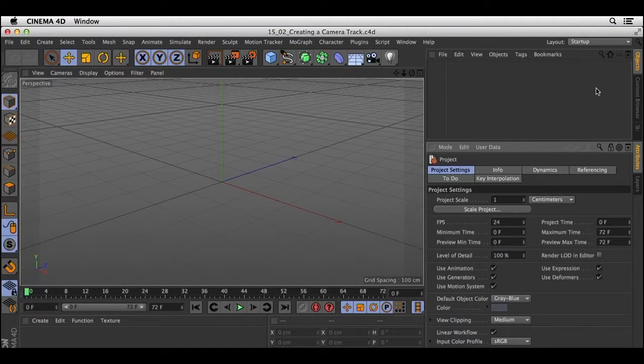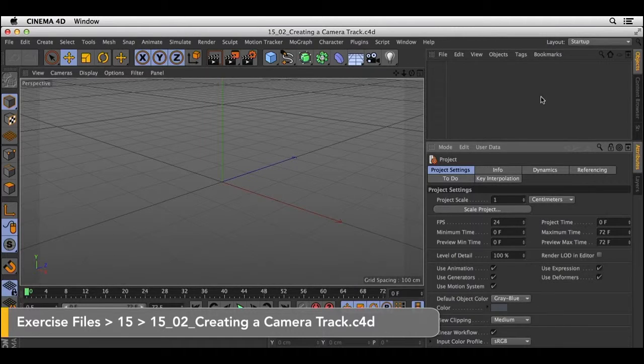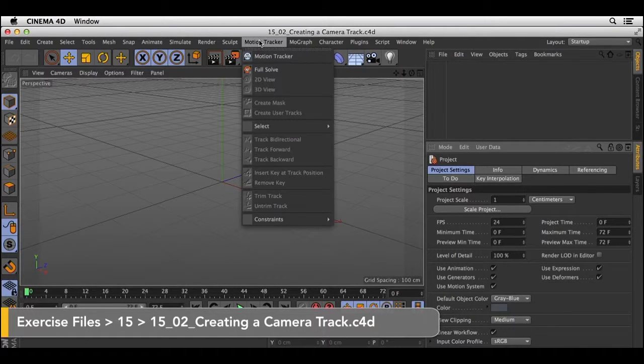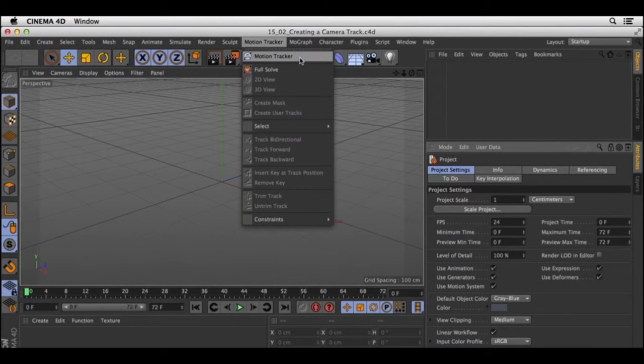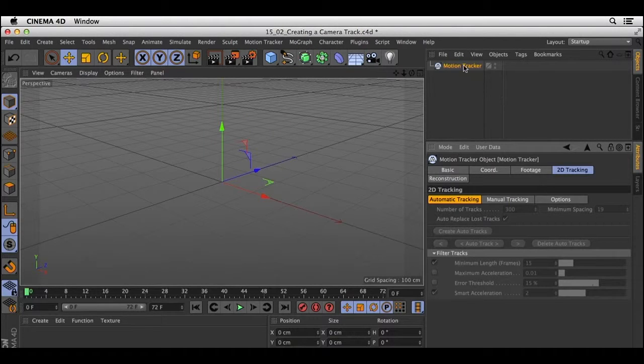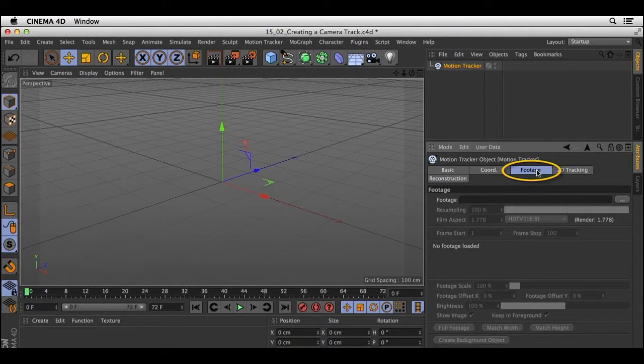Creating a camera track in Cinema 4D requires the motion tracker. So we need to go up to the motion tracker menu, click, and then load the motion tracker. Once the motion tracker is in your objects panel, make sure it's selected and make sure you have the attributes panel active. We need to go to the footage channel, and in there we can specify the clip we'd like